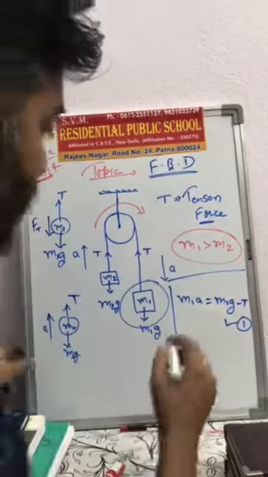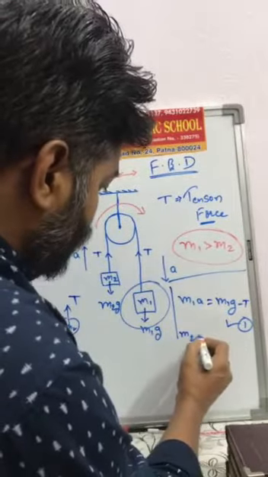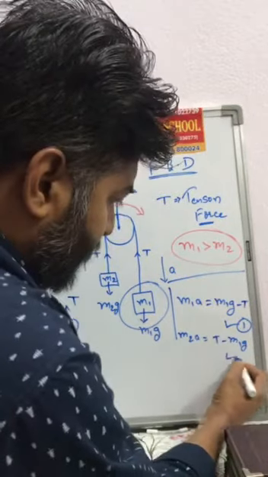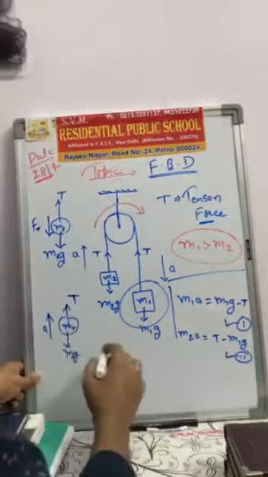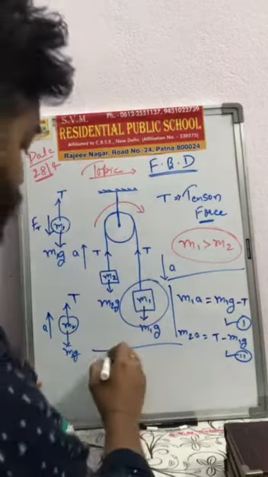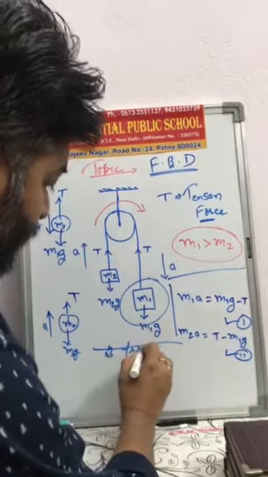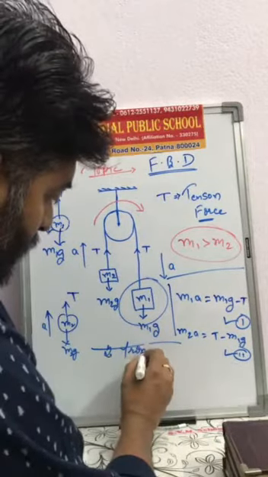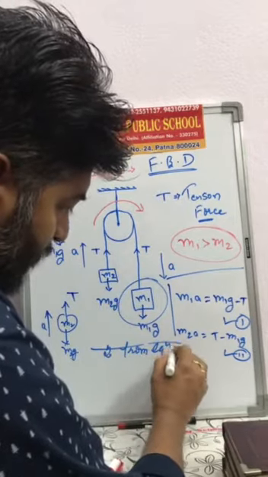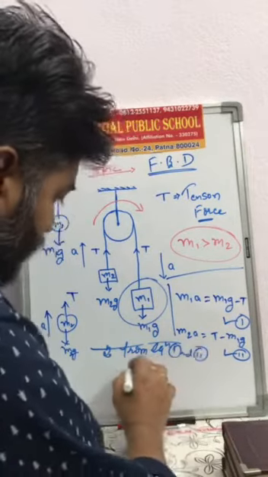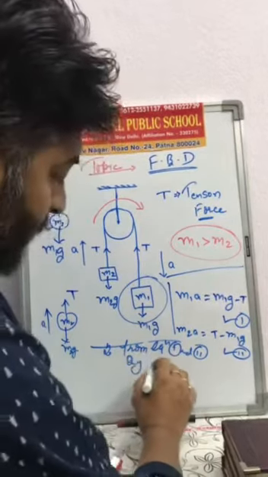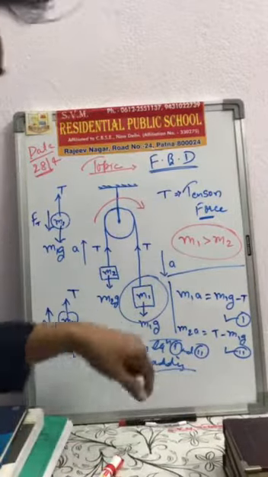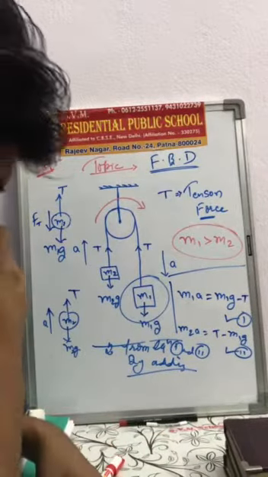So we can say that M2A is equal to T minus M2G. That is equation 2. From equations 1 and 2, by adding, we get